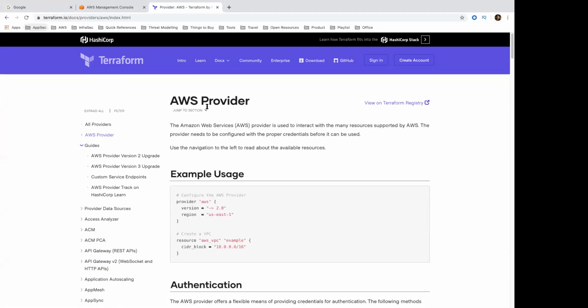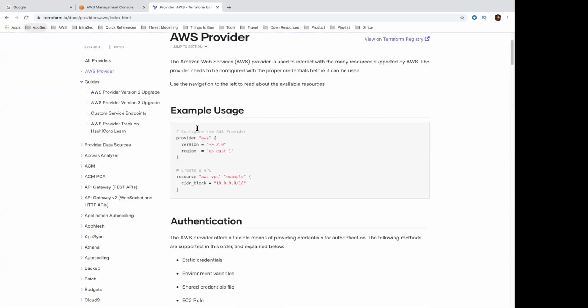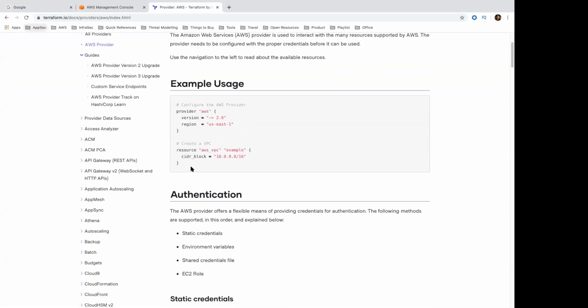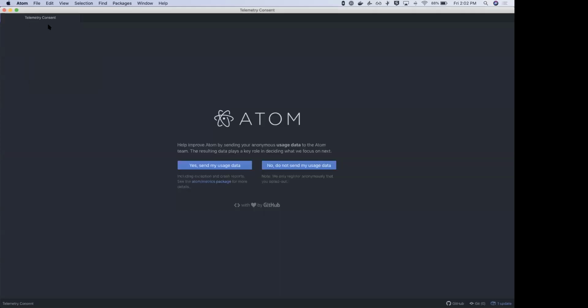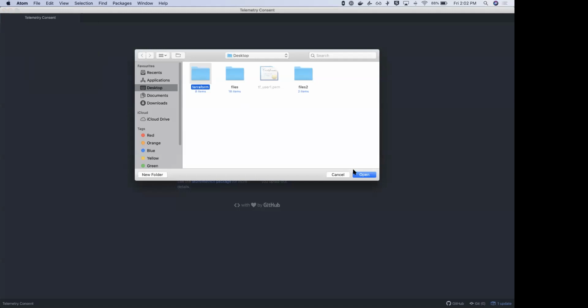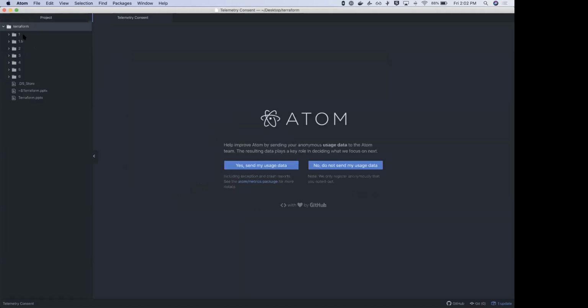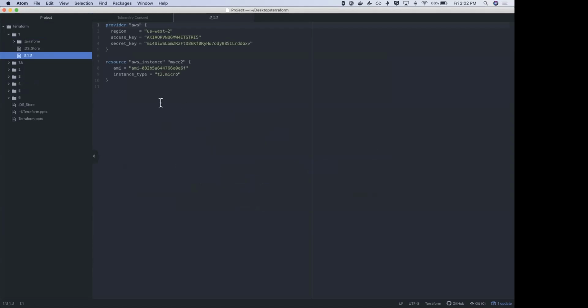If you look here, under the AWS providers, it gives you a straight snippet to go ahead and configure an AWS provider. So we'll open up our command prompt or our Atom editor. In the first one, what we are going to do is type in provider, followed by a name for the provider, which is AWS at this point of time.